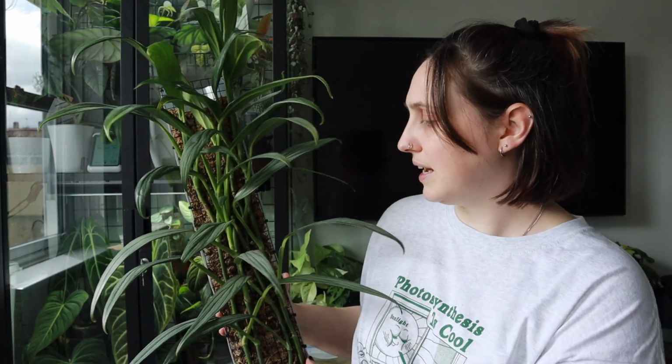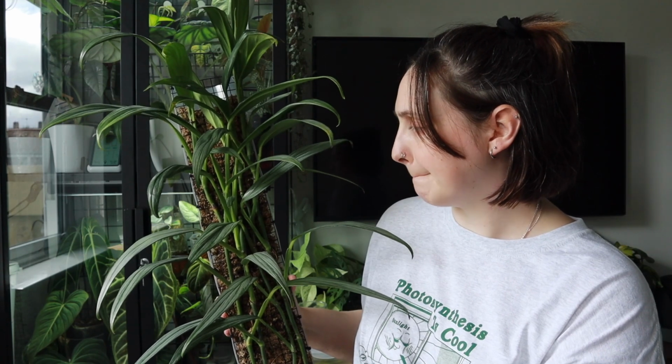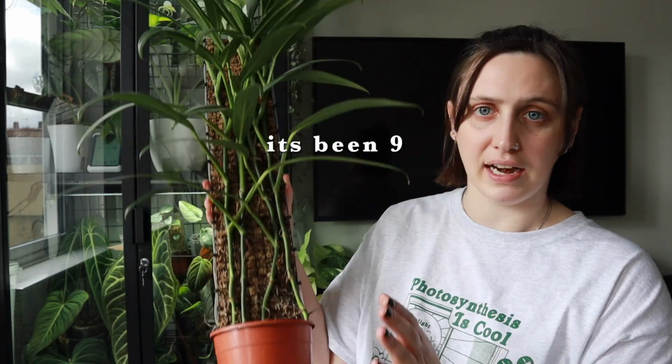Personally, I've not had that yet. I think I've had this one maybe 6 to 9 months so far, and I've not needed to repot it past this. I did put it in a new pot when I got it, because I wanted to put it on a different moss pole, but it seems to be perfectly fine, and I don't think I'm gonna repot this one unless it starts growing